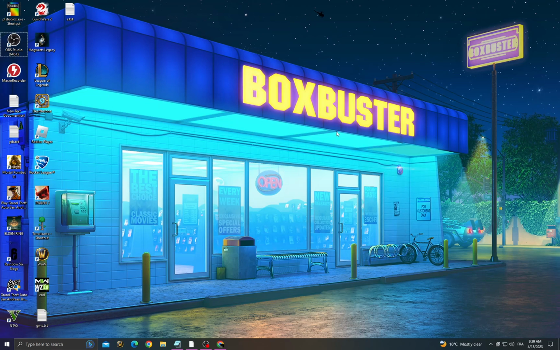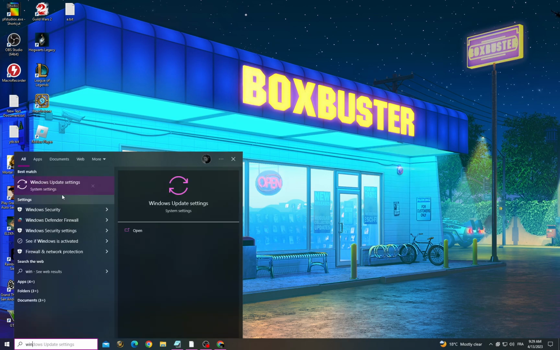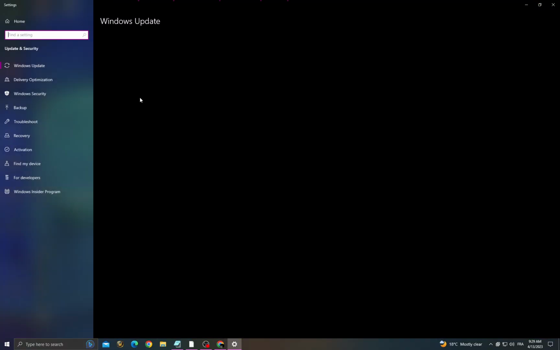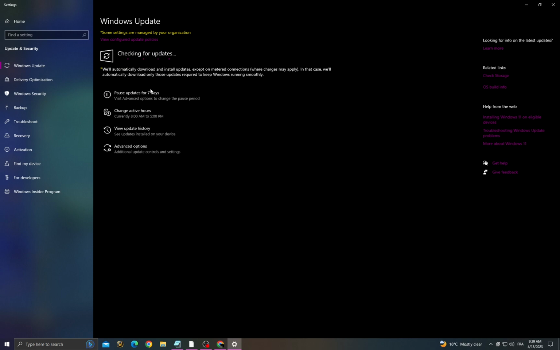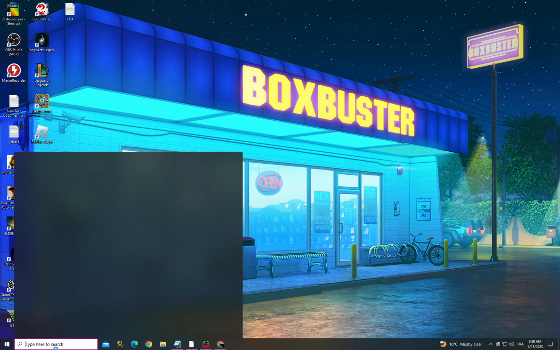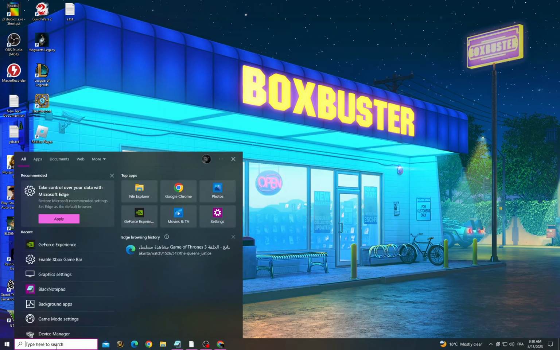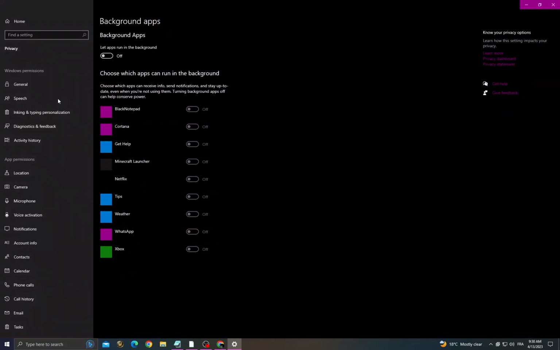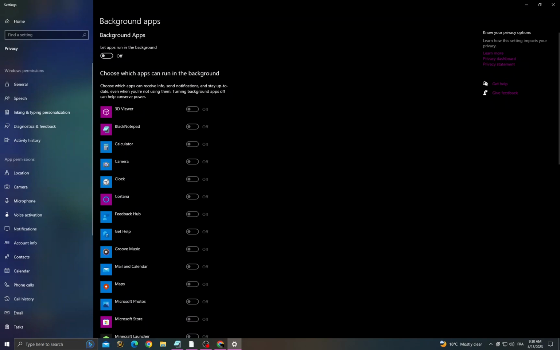and quick. If you want to fix it, click here, go to Windows Update Settings, and then check for updates and make sure to install all the updates that you can find, and then click here and now type background apps. Turn off this option,